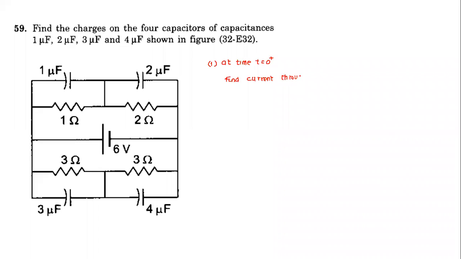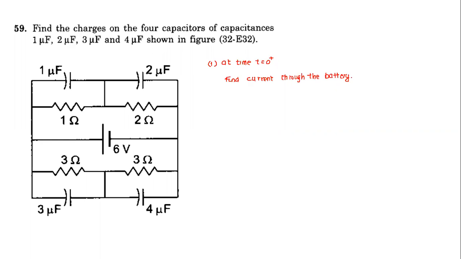Sir, can't charging and discharging take place simultaneously? Basically, are you saying, can the charge on a capacitor at the same instant increase as well as decrease? No, I mean first increase and then decrease or something like that. That has to happen, but is it in the same circuit? I'll come to that tomorrow. Is it possible that in a circuit, first discharging takes place, then charging takes place? That is possible. But can discharging and charging take place simultaneously? No. At the same instant, both things cannot happen.